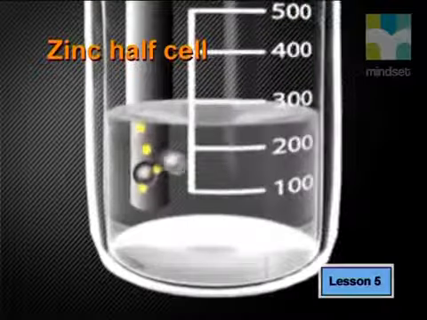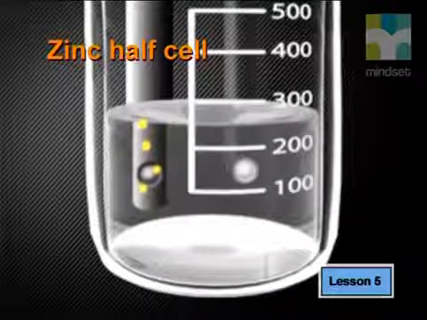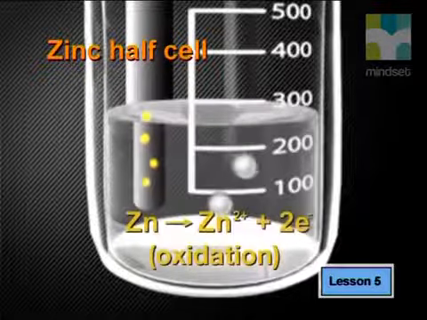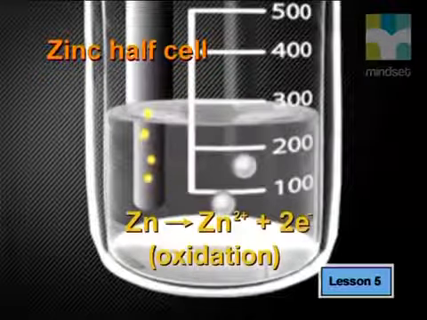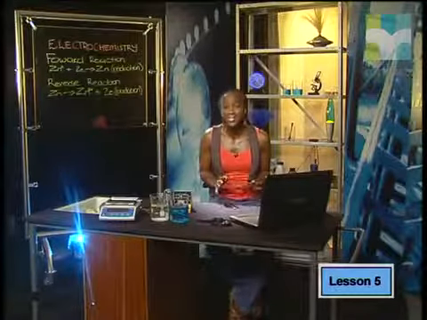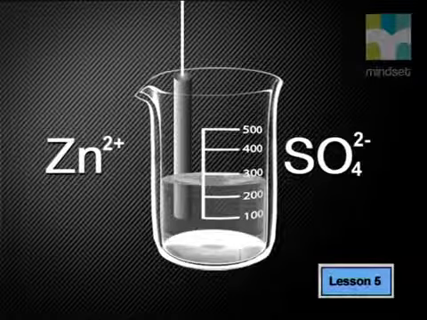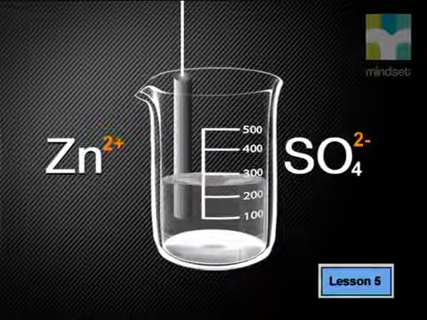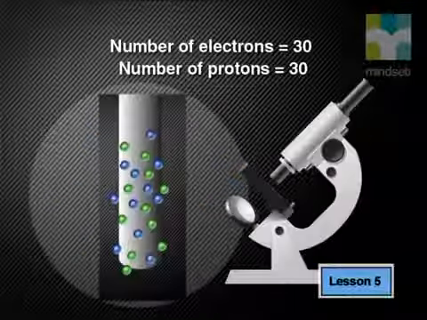The zinc atom on the electrode loses 2 electrons to form a zinc ion. We can represent this reaction by writing the oxidation half reaction. Zn goes to Zn2+ plus 2 electrons. The electrode is now negative to any cell. In the electrolyte solution of zinc ions, the number of positive ions is equal to the number of negative ions. The solution is electrically neutral. The zinc plate is also electrically neutral because it's made up of